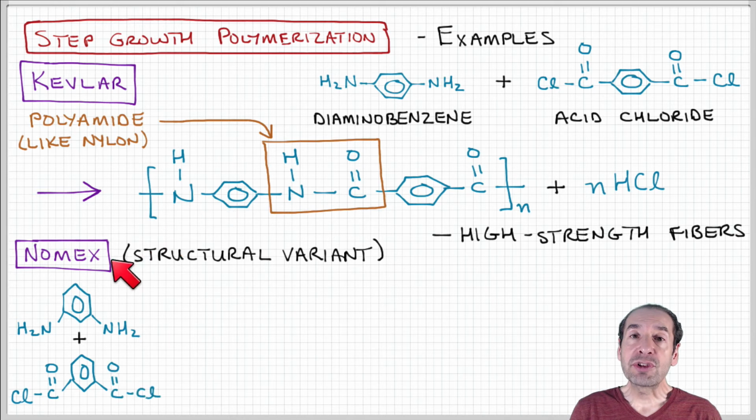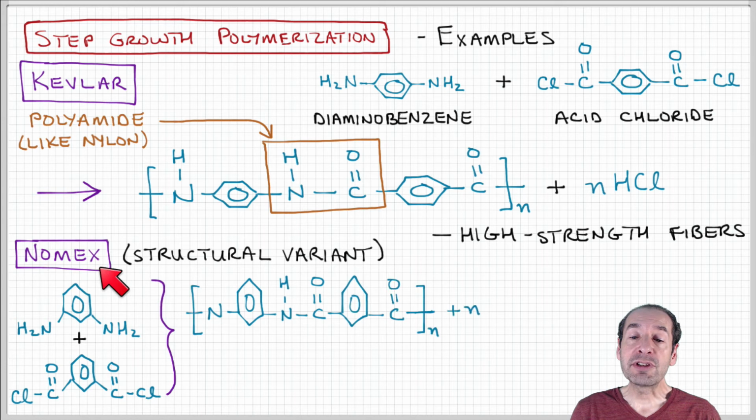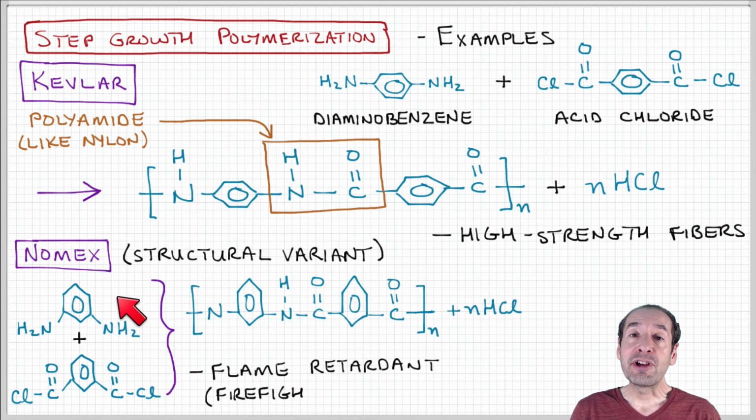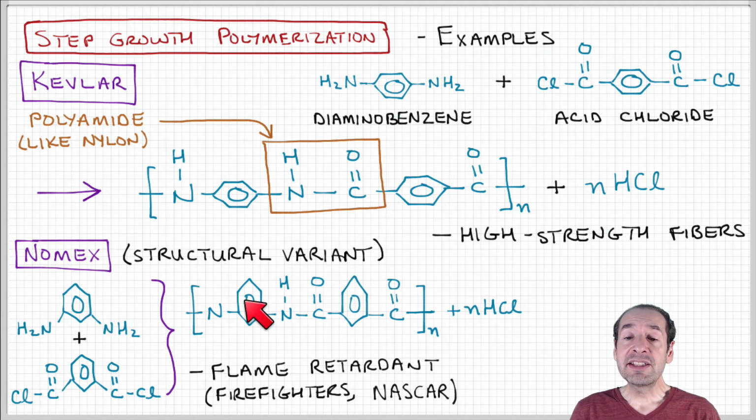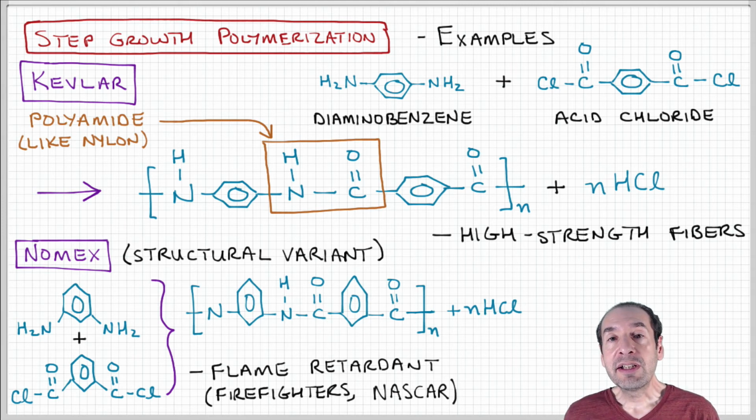I just want to point out a structural variant of this class of materials. The trade name of this material is Nomex, and it's almost identical in terms of the monomer units, except that the orientation of the carbon ring along the backbone is slightly shifted. And this slight change in the structure actually changes the properties of the material significantly. It has a reduced mechanical strength associated with the fibers, but it has a very high level of thermal stability